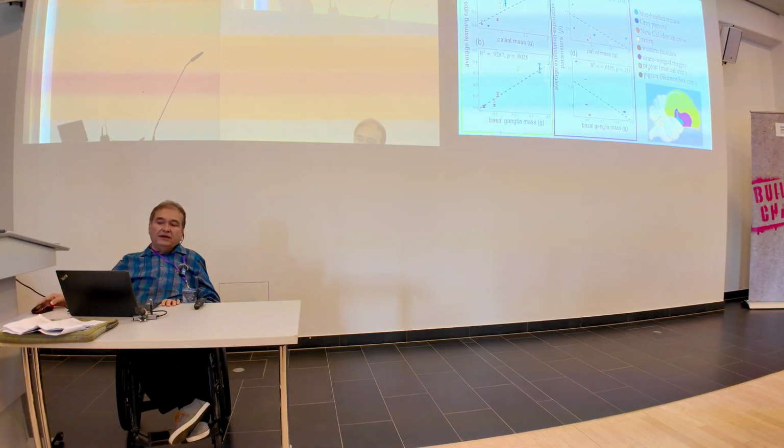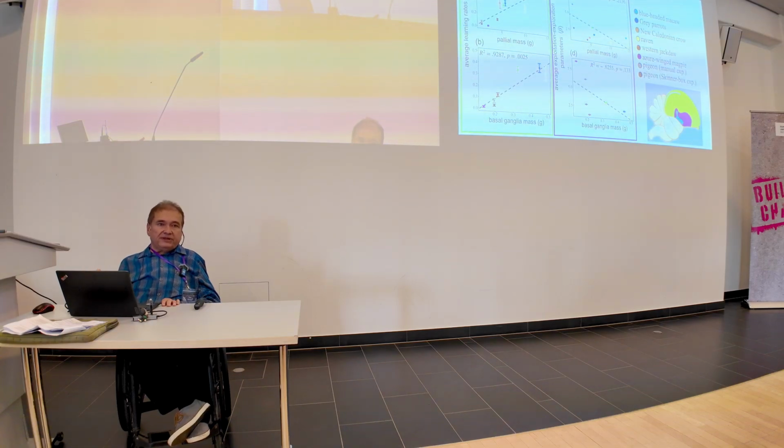We have very high correlations for neuron numbers and for pallial mass. We can translate this into neuron numbers between alpha, and that's also true for the basal ganglia, which is not surprising because both of them correlate. The neurons in pallium and neurons in basal ganglia correlate. Pallium, just as an explanation, is what our hippocampus, amygdala plus cortex is.